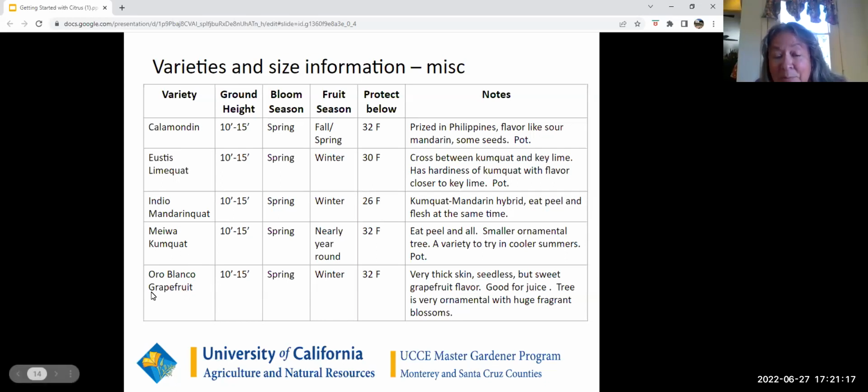The other thing to note, I put what I'm calling a grapefruit at the bottom here, that Oro Blanco. If you want good grapefruit flavored juice, they grow really well here. It's a beautiful tree. The blossoms are huge, and because they're huge, it's just beautifully fragrant. All the citrus blossoms are, but it's just a pretty, glossy tree, and you see these big yellow orbs of fruit hanging on it. When they're ripe, it's very sweet, but just know that